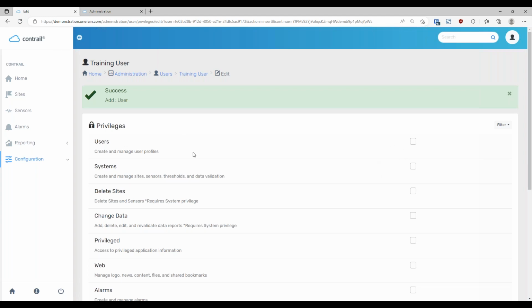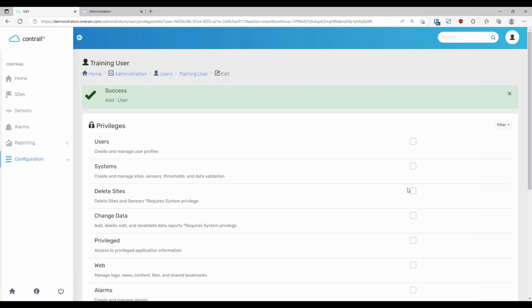Based on the account in the client that I'm logged in at currently, we're not seeing one additional privilege, which most people will see in their Contrail instance, which is called settings. And settings is the highest privilege, and that actually gives you access to modules to monitor and configure things down at a server level, which would allow you to reboot the server, look at processing power, etc. But for this account,